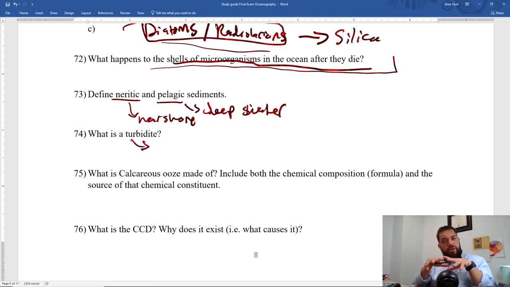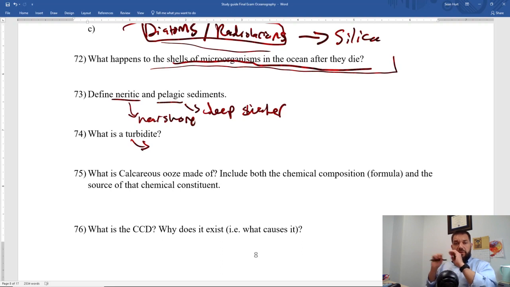Turbidites are big. These are things that occur in submarine canyons, and maybe you can think of them as kind of like an underwater avalanche of heavy sediment-laden water that comes streaming down these submarine canyons on the continental shelves, and they carve out the submarine canyons. Okay, so they're very distinctly connected, characteristic of submarine canyons.